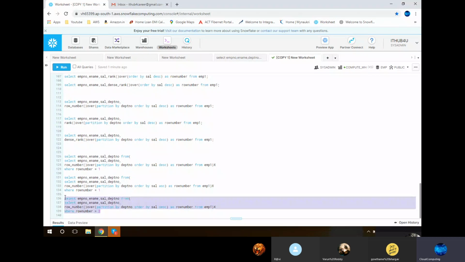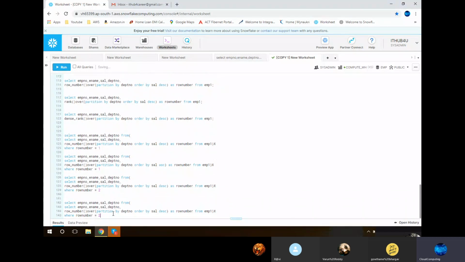While doing these operations, sometimes they will keep duplicate data. At that time, row number won't work. We have to go with dense rank or rank. They will say, okay, we have 2 people with the same amount of salary, so they want to fetch those 2 records as well. But right now we are getting only one record, while they will say 2 people in a department are getting the same salary.